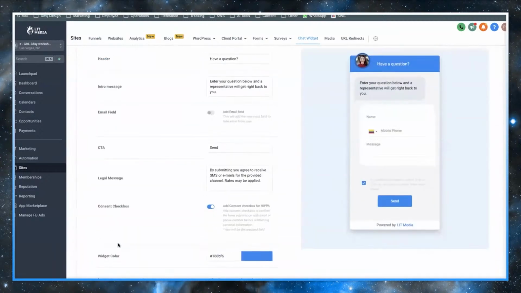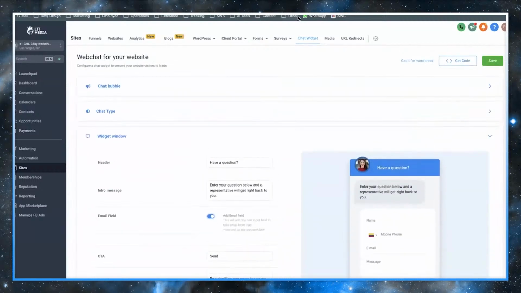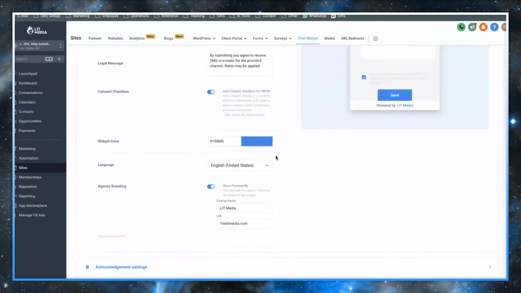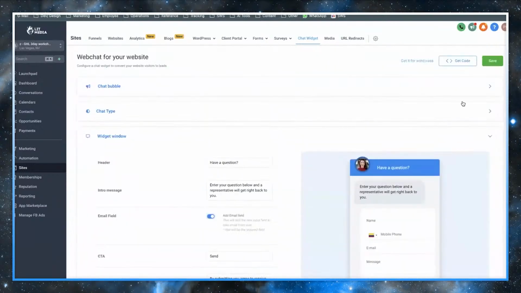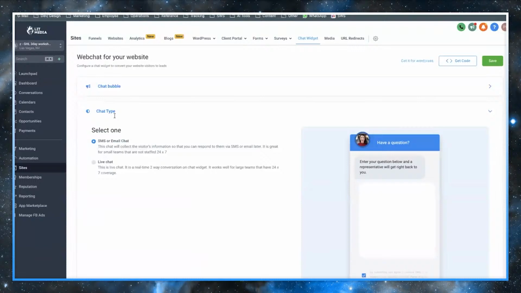Yes, 110%. You always want to add in the email field, but this is how you would do it. You would go under here, boom, chat widget, you do this. And then once you hit save right there, you get the code, you just paste the code, and then you have it across the entire website. So very, very easy to do. Same thing with the forms. You just hit builder and then you just get the code and you copy and paste it. There it is. And you could even choose if you want it to be live chat. You could choose different AI stuff and this and that. We just have it be an SMS just because it's simple.